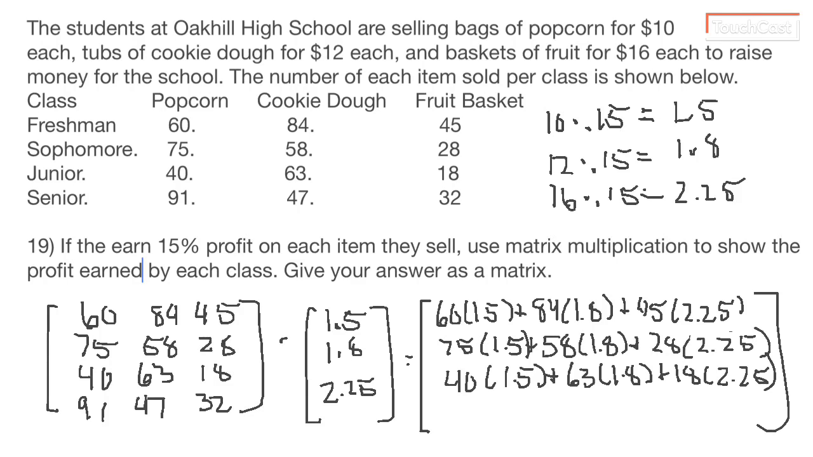And then the last row is going to be 91 times 1.5 plus 47 times 1.8 and 32 times 2.25. Now I've run out of space, so I'm going to move on to the next page to put my next piece of work. So if we do the multiplication, our first row is going to end up being 90 plus